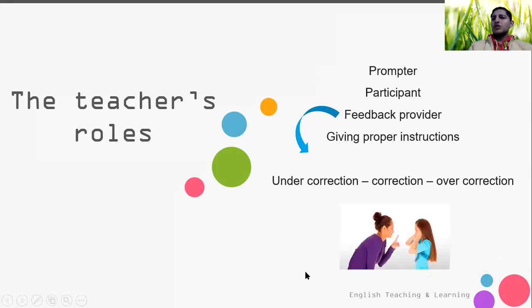Now, what are the teacher's roles when working with the speaking skill? Well, usually we could find the teacher as prompter, as participant, as feedback provider, as an instructor, and we need to take into consideration that the teacher's roles will depend a lot on the personality of the group and the personality of your potential students. Some people like to be corrected at the moment of speaking, but some others might rather continue speaking,